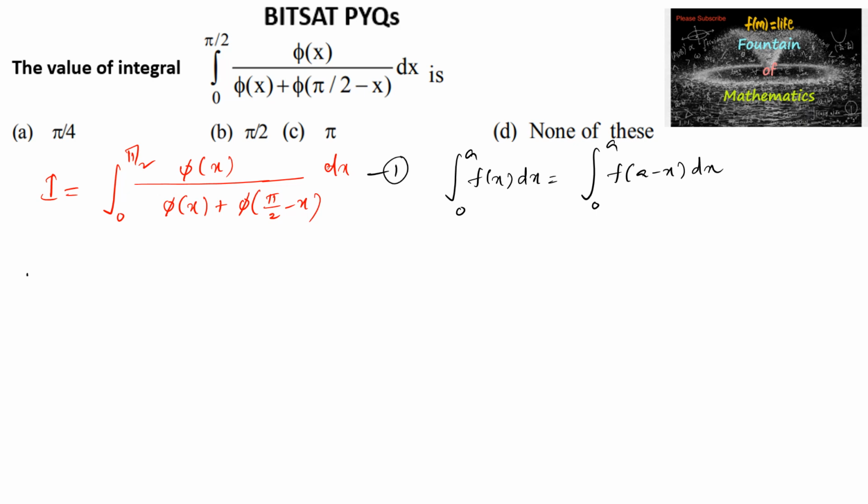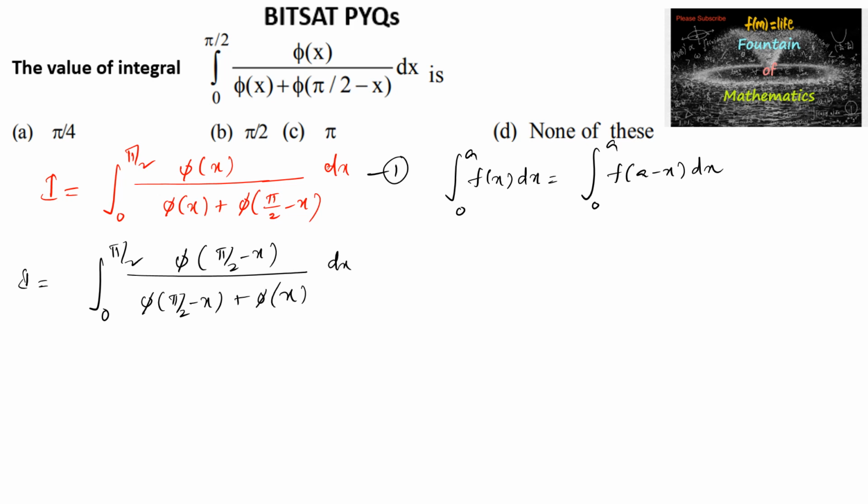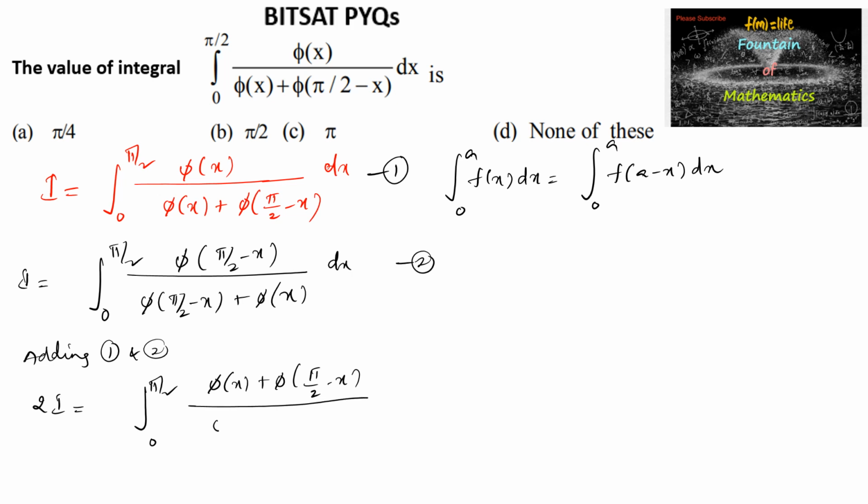So this integral we can also write I is equal to integral 0 to pi by 2, by using the property, f of pi by 2 minus x upon f of pi by 2 minus x plus f of pi by 2 minus (pi by 2 minus x), which will become f of x, dx. Say this is 2. Adding 1 and 2, we'll get 2I is equal to integral 0 to pi by 2 of f of x plus f of pi by 2 minus x upon f of x plus f of pi by 2 minus x